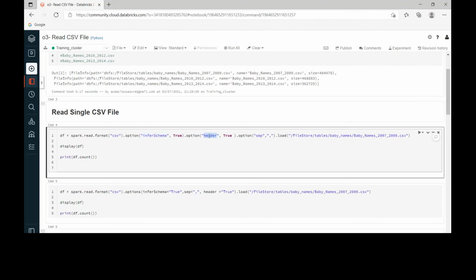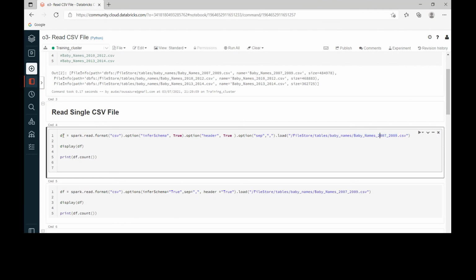Next, header, I'm going to give true, meaning the first record of the file will be treated as the columns. Next, separator comma. In my CSV file, I have comma separated data, which is the reason I'm giving comma as the separator. And the final option is the path that we need to give. Here I want to read only one file out of the 3 files, so that is the reason I have given only one file.